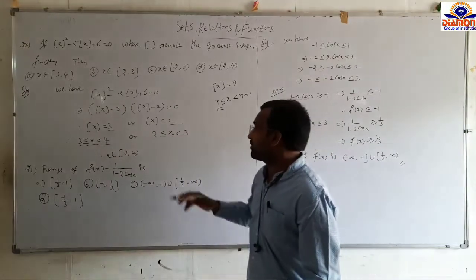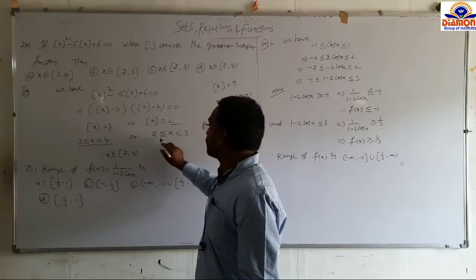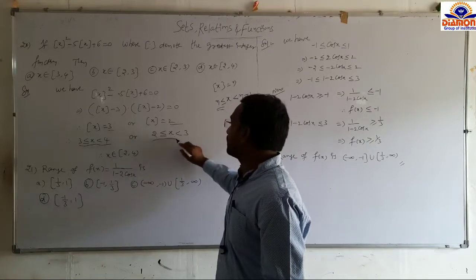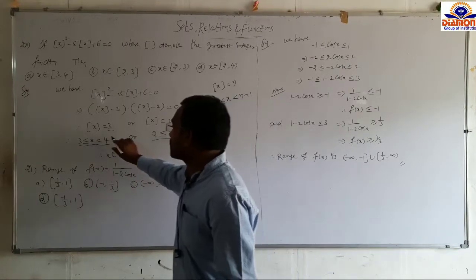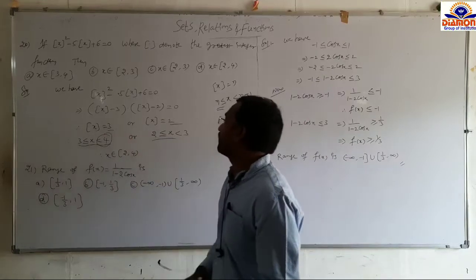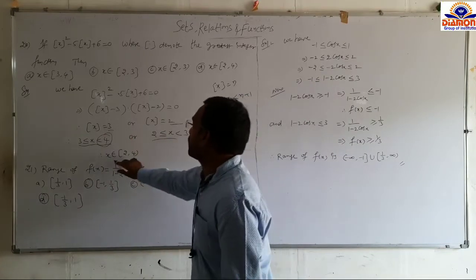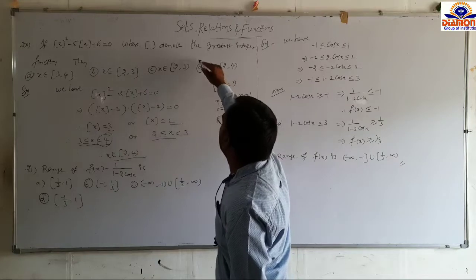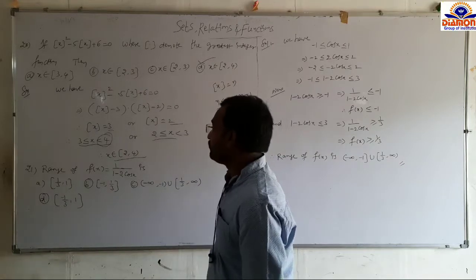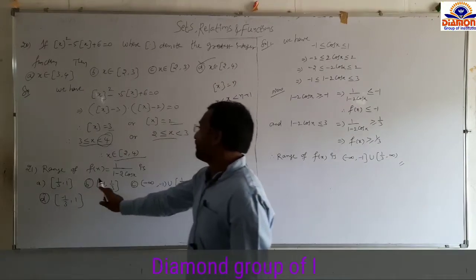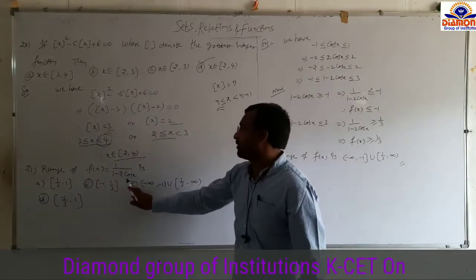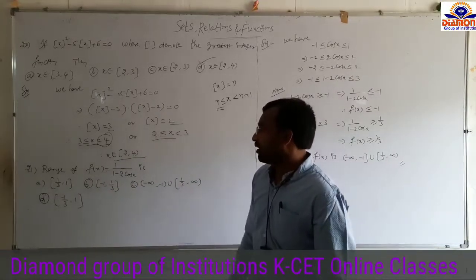So here what is x belongs to? Here 2 less than or equal to x, that means closed interval 2 to last is less than 4, that means open 4. So x belongs to closed interval 2 open 4. So option D. Next, range of f of x equal to 1 by 1 minus 2 cos x is option